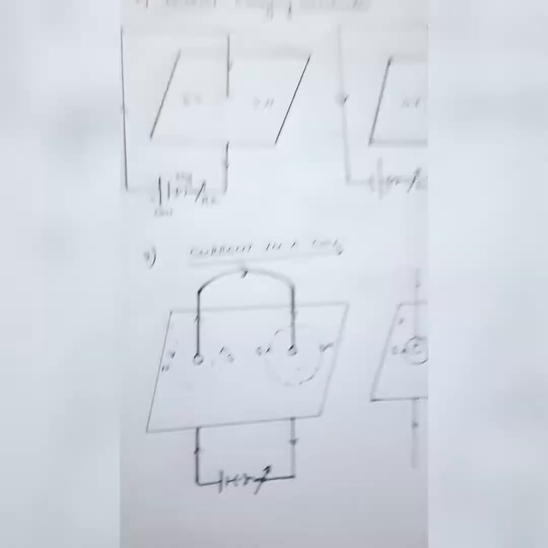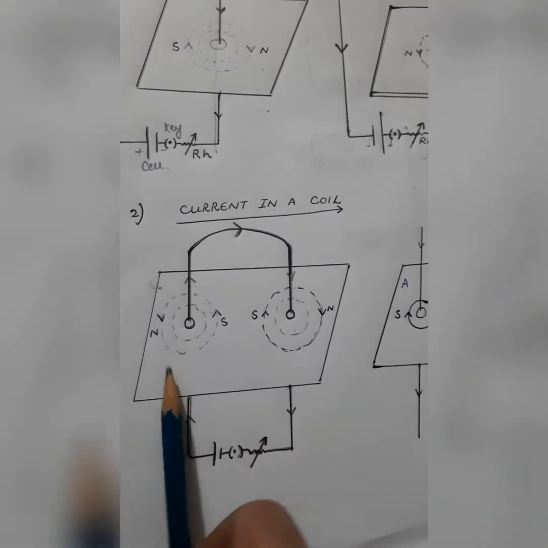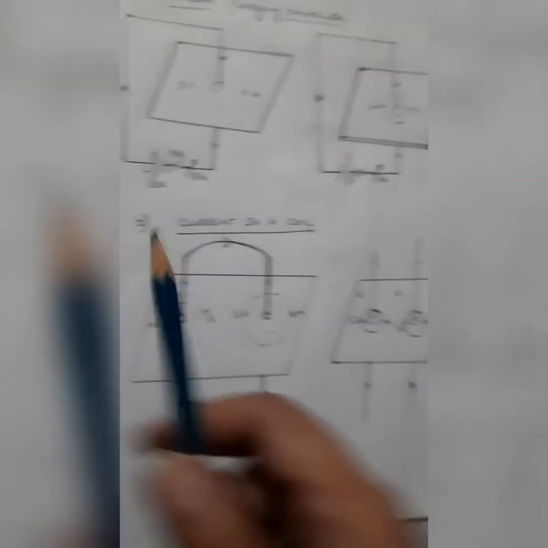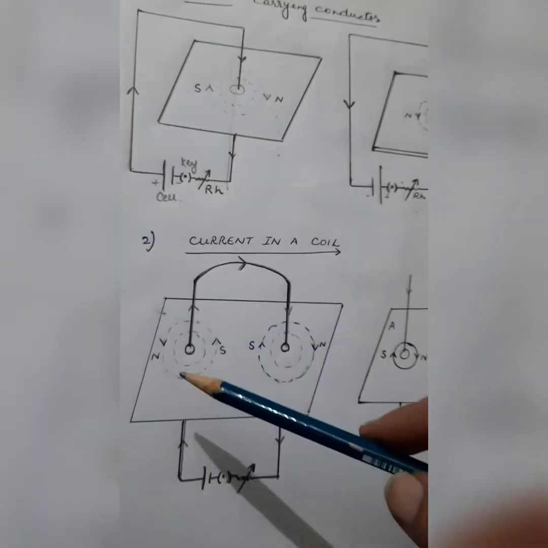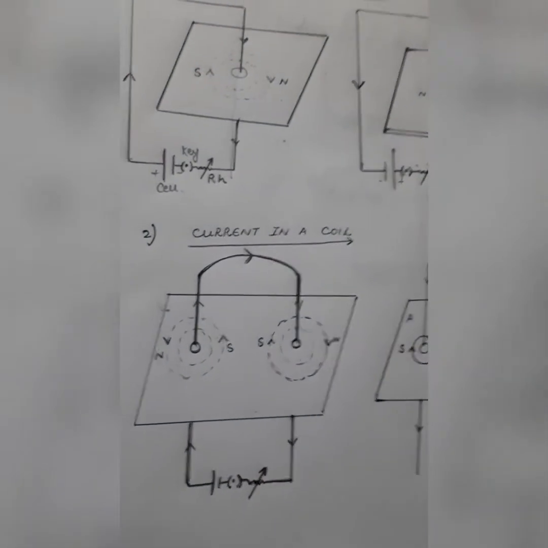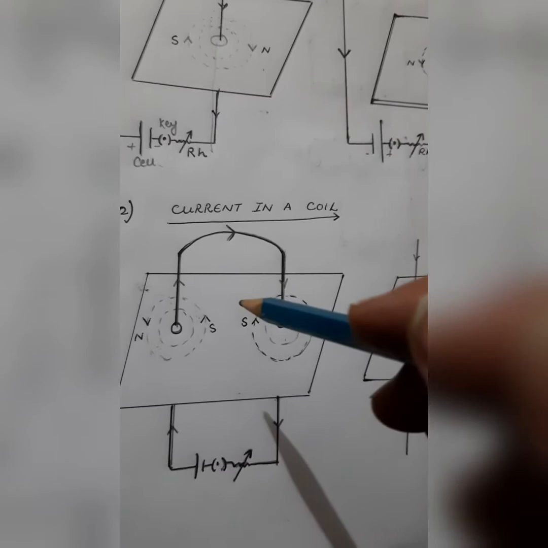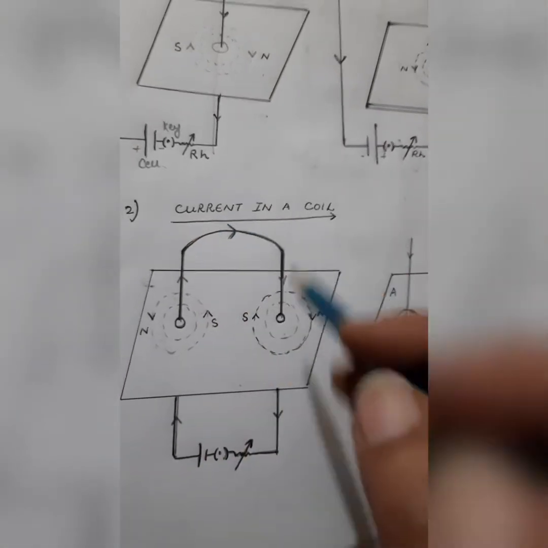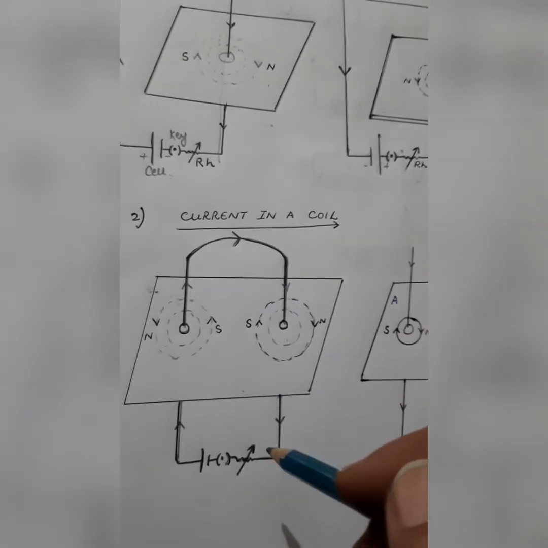See here, I am showing this loop. Firstly, I will pass this wire through this hole, then pass the same wire through the second hole. So this straight conductor works as a loop. In the same way, I will sprinkle some iron filings there. Now pass the current from this direction to this direction, which means clockwise direction.